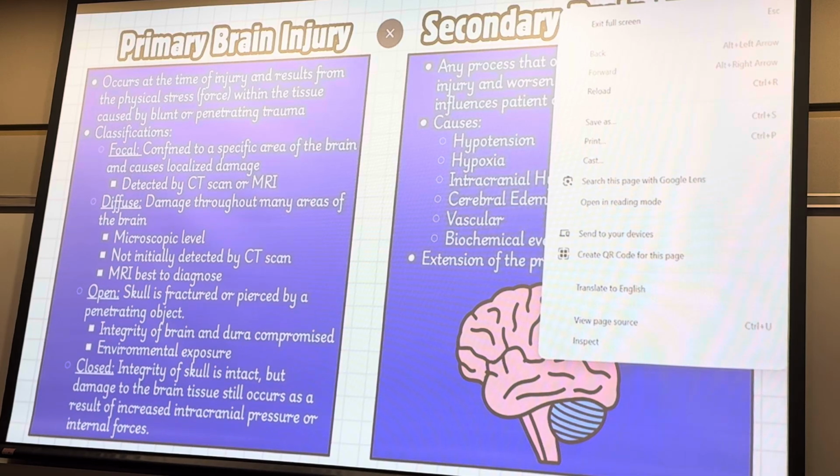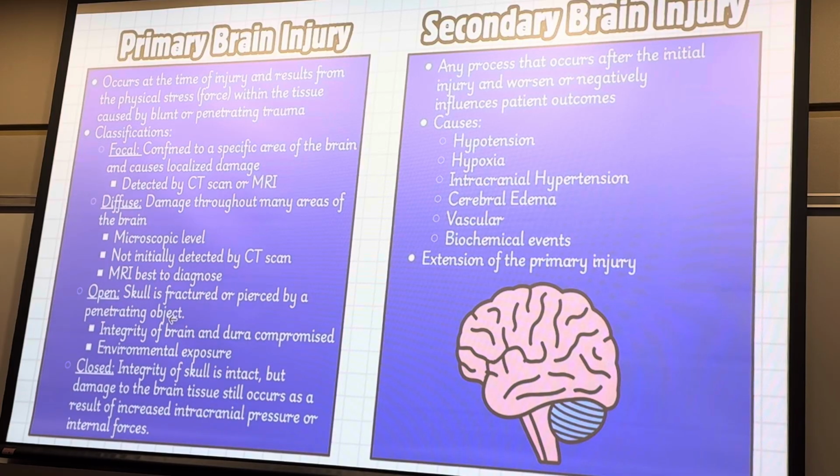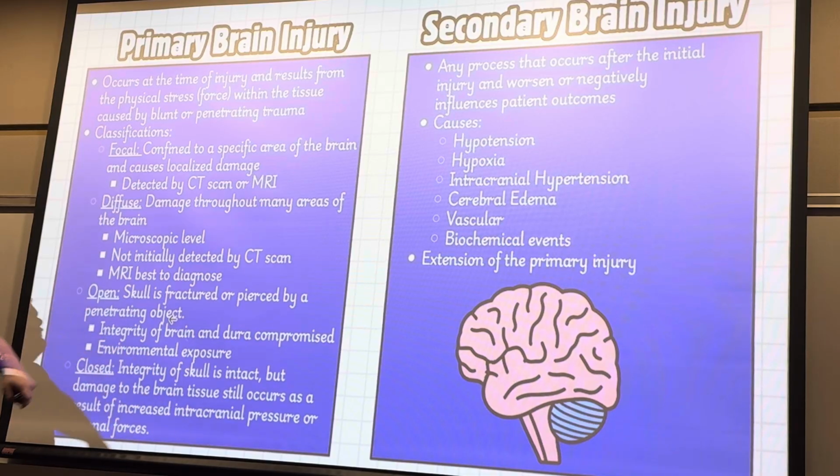So if we look at our brain, a focal injury is going to be in one specific spot, one specific area within this section. And then we look at the opposite, diffuse. It may start off in one localized area, but then it radiates out and affects other areas within that brain. So that's how we kind of tell the difference. Focal is more obvious, more present at the initial site of injury. So soon after the event, we can really tell the significant damaging effects of the injury.